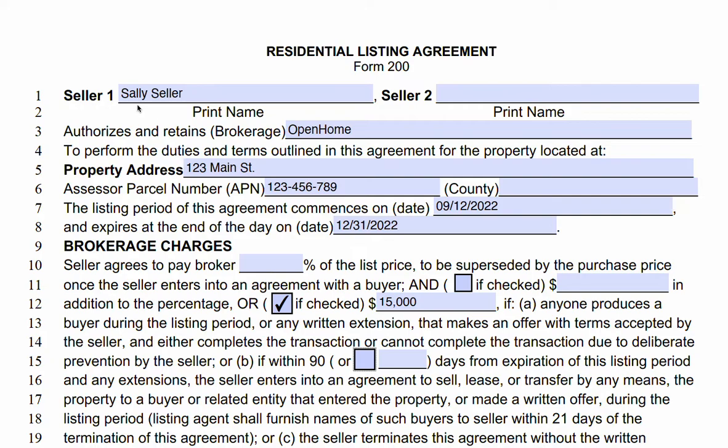We start on line 1 by putting the seller's name. Then on line 3, the name of the listing brokerage. On line 5, the property address. Now keep in mind that the brokerage name and the address are going to automatically populate in the Forms Manager. That's at